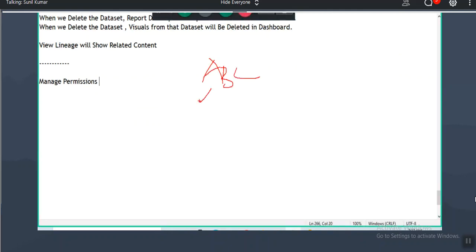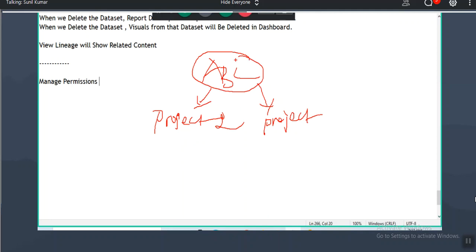That ABC company started two projects, Project 1 and Project 2. Take an example: that ABC company is storing the data in some SQL server. SQL server is the data source.